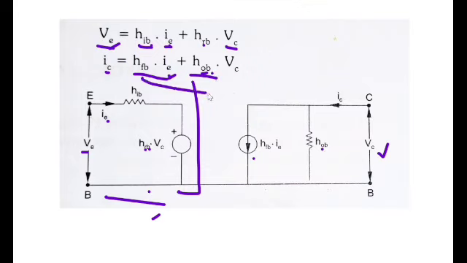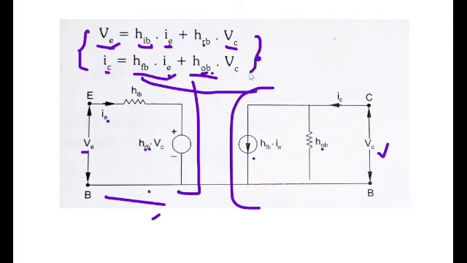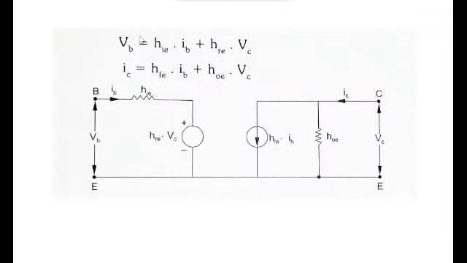Here the second term in the second network is H22, that is output admittance, and the B is base configuration. We know that this equation also satisfies the second network, and completely with these two equations we can arrange the circuit. So here base is common, and it is a common base configuration. And next we will go to the common emitter configuration, and let us see how it is configured.